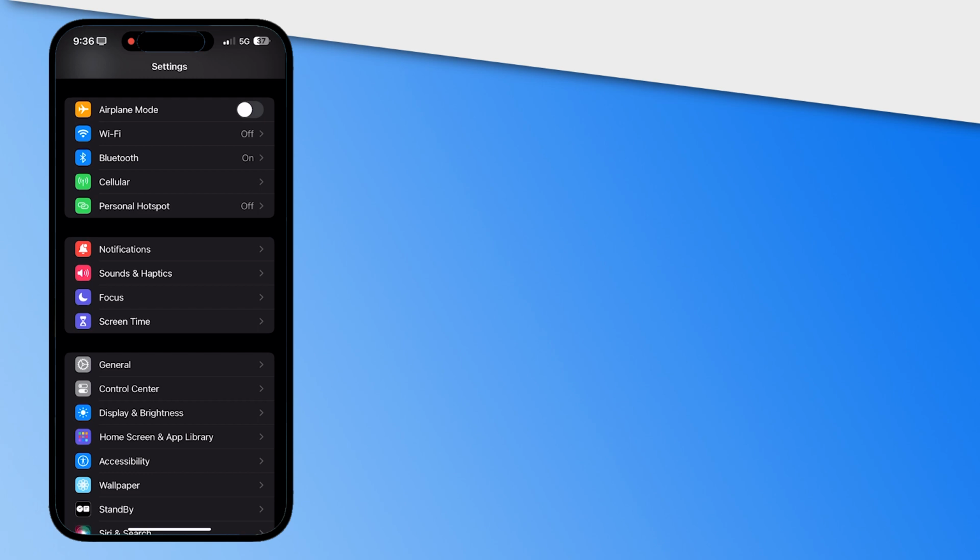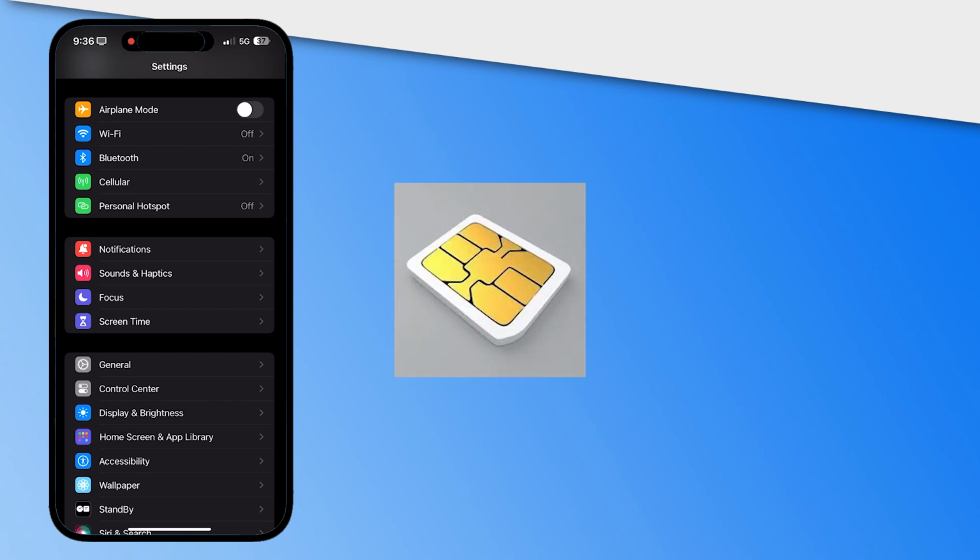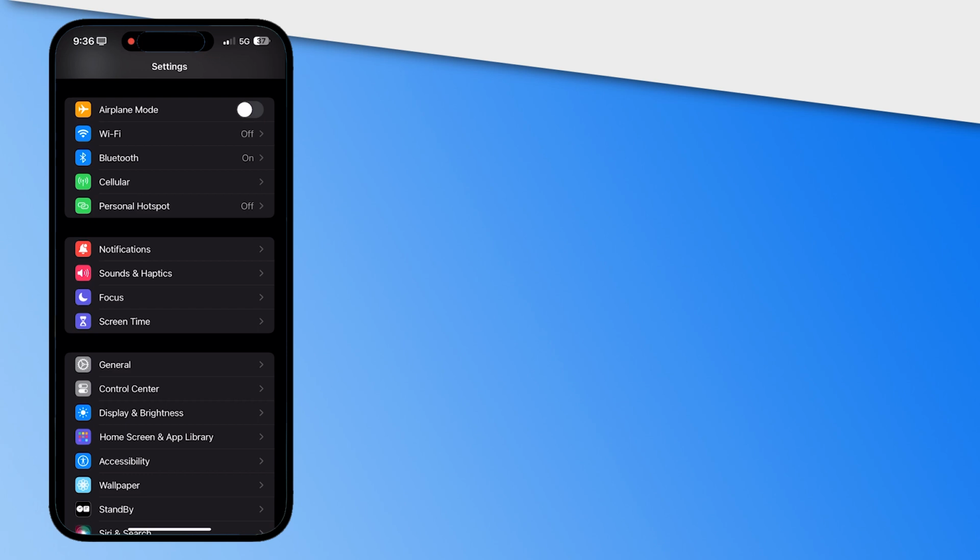After doing this, remove the tray. Inspect your SIM card for any damage. Wipe off the gold section of the SIM card with a dry cloth or paper towel to remove residue, and then put the SIM card back in the tray. Note, the SIM card will only fit in one direction, so pay attention to its orientation. Once the SIM is in the tray, carefully put the tray back into the phone, and with any luck, your